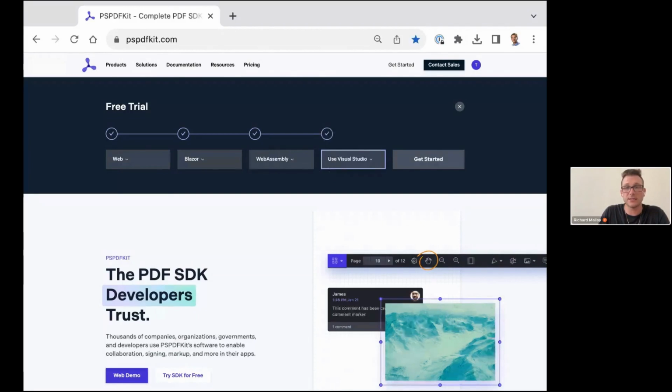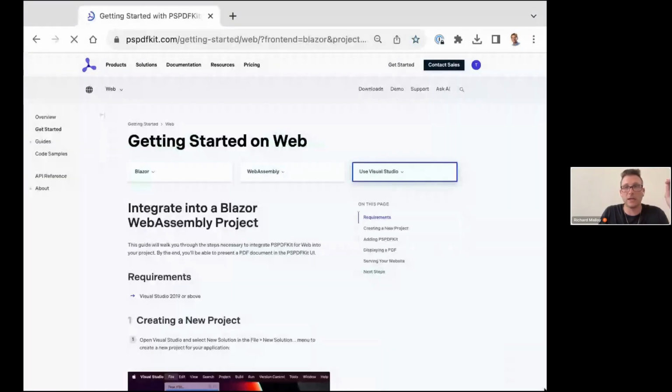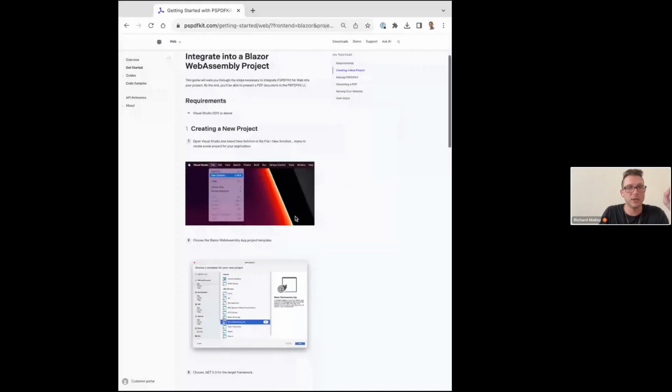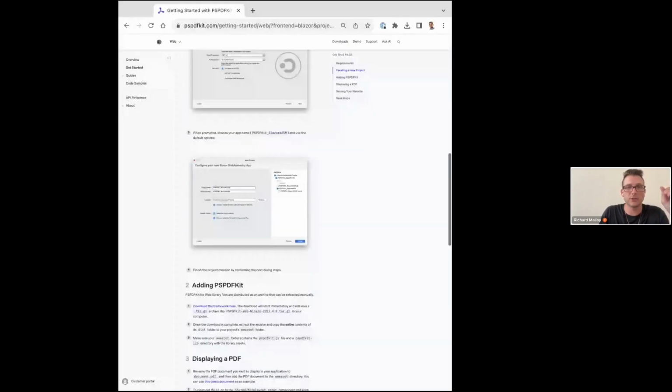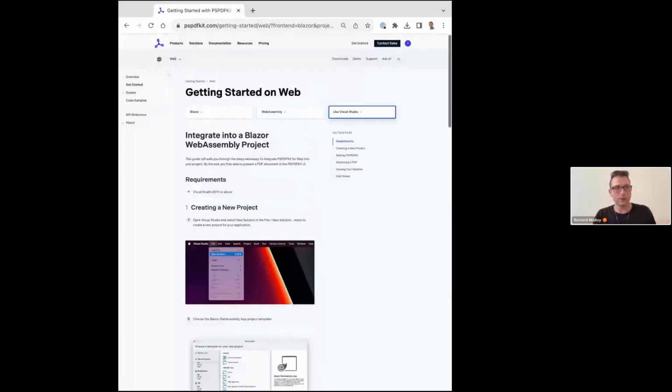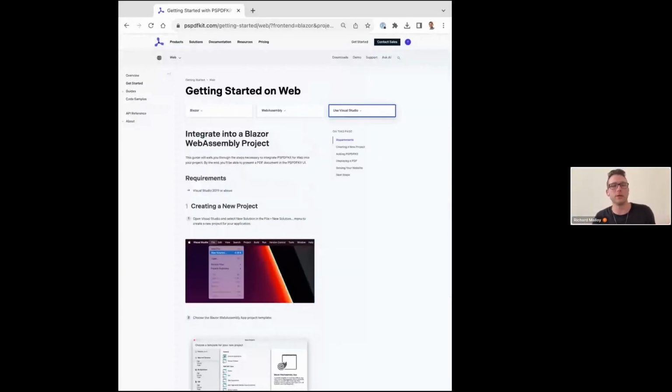And so what that does, it takes you straight to integrating PSPDFKit immediately into your Blazor application. And what that allows you to do is try everything we did today. The PDF will be watermarked. It's an ugly watermark. It's a big red watermark, but it goes away when you buy a commercial license. But you can spin this up in your environment, test everything out, and then have a conversation with us to